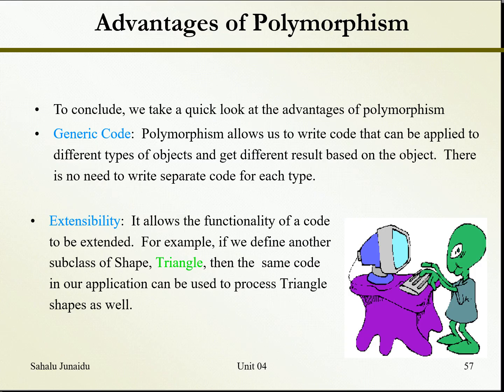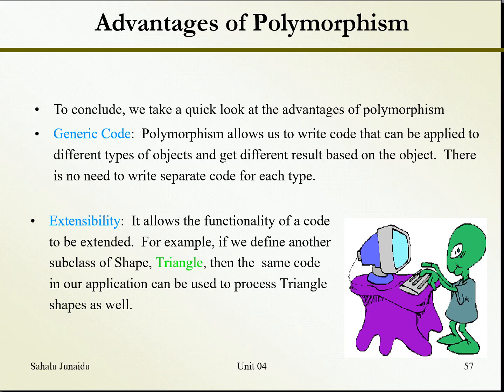a subclass of shape. Fine. It must implement the area and perimeter, because the area and perimeter are abstract methods in the shape class. So once that triangle overrides the methods, fine. Unless the triangle itself is an abstract class, which doesn't need to override the abstract methods of the shape class, fine. Whatever it is, when we come to implement the functionality of that class that we recently added, we